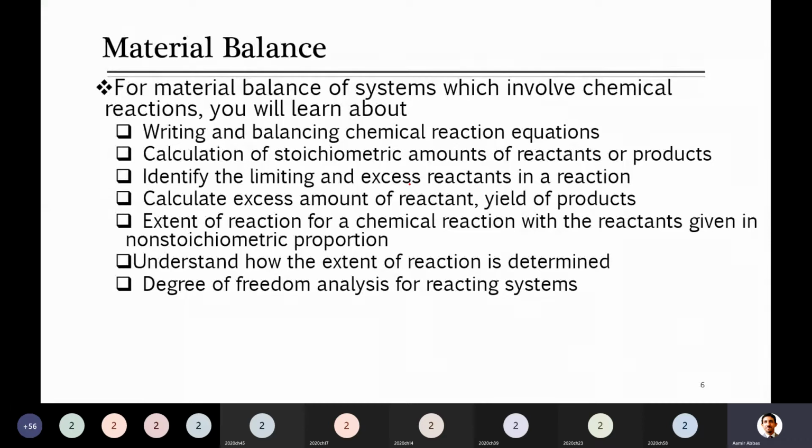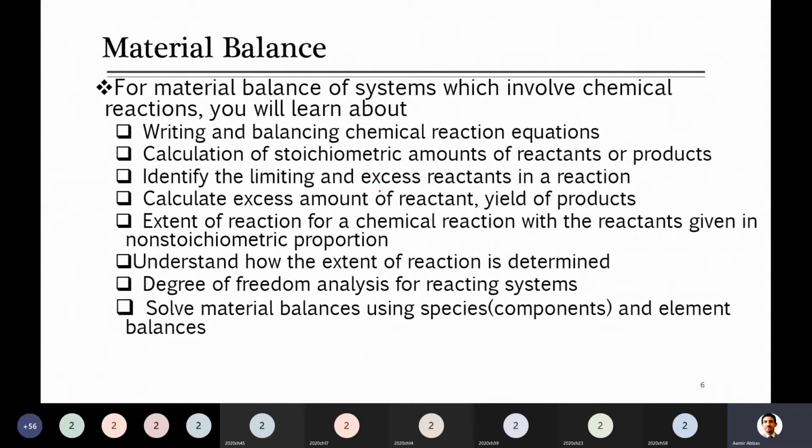But here, when reactions are involved, you have to look at how I can write the equations, and what the equations can be, and that will become a bit complex as compared to only these two terms. More terms will be involved in the degree of freedom analysis. We will look at that in detail, inshallah.